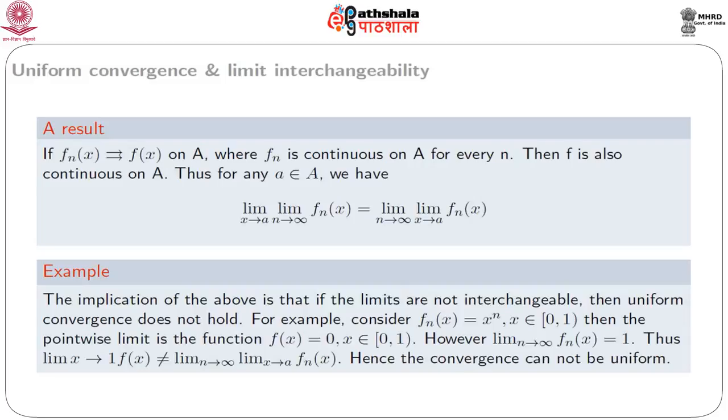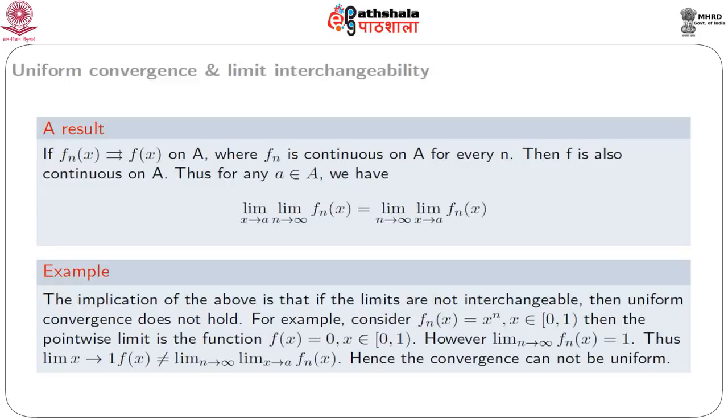Actually, a sequence of function f n x is a function of both n and x. So, we can take limits either on n or on x. So, if f n x is a uniformly convergent function, then the limits on x and limits of n are interchangeable. So, formally, if f n x converges pointwise to f x on A, where f n is continuous on